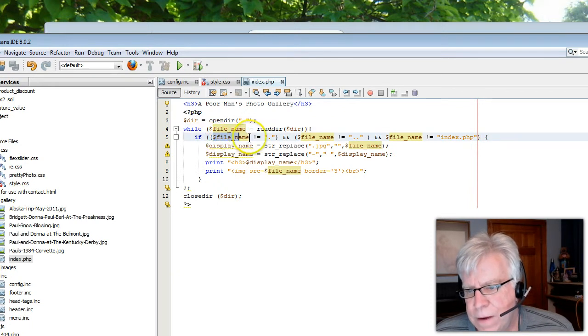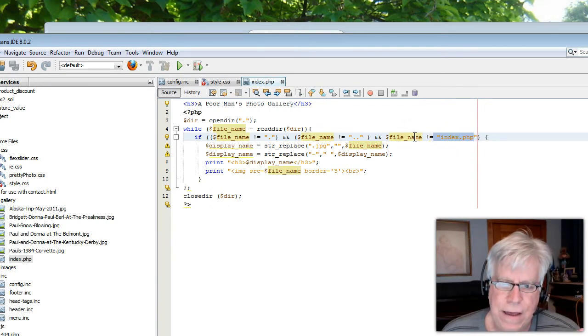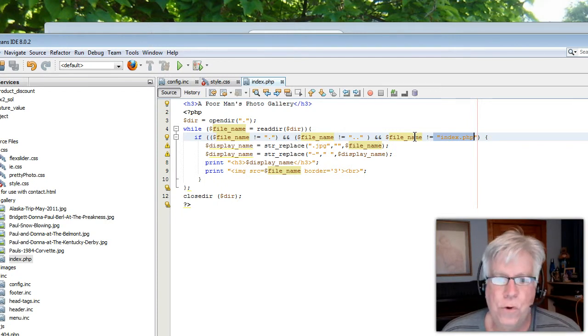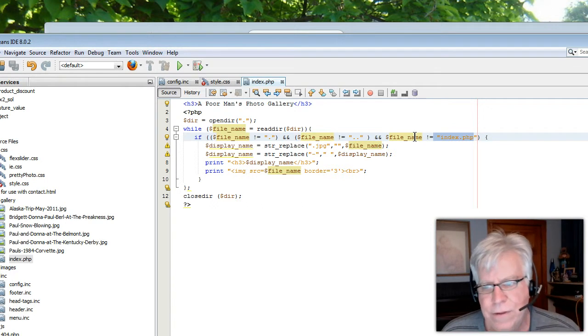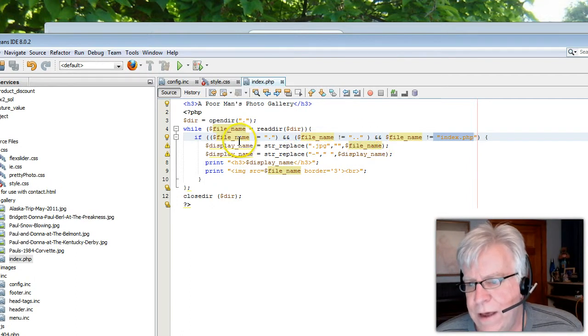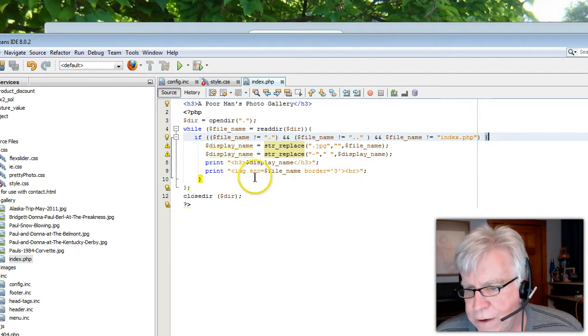If the file name does not equal a dot, if the file name does not equal a dot dot, and if the file name does not equal index.php, and if you're using a Mac, you're going to want to add and file name not equal to .DS_Store, because if that .DS_Store file got down there, it'll display that. So if this is true, if the file I'm looking at now is not a dot, a double dot, index, or whatever other files you don't want to display, and here's our curly bracket starting the if statement,